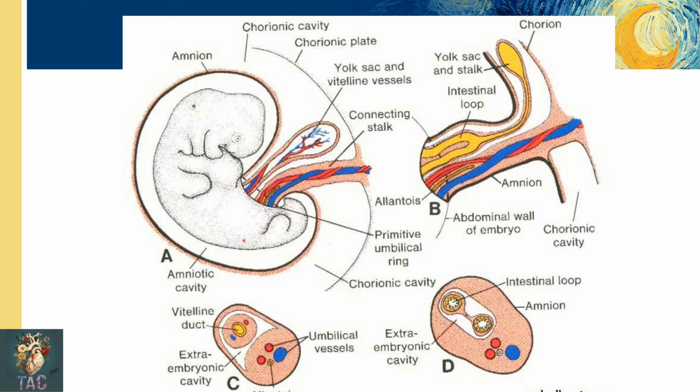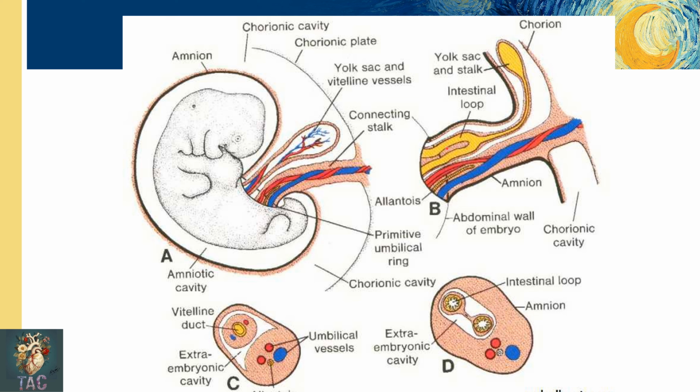In this diagram you can see the fifth week of development, in which you can see the umbilical cord, containing the umbilical vessels and the allantois as well. This is the yolk sac with the vitelline vessels. Also in this cross section you can see the yolk sac and the vitelline vessels, the 2 umbilical veins and arteries, and the urachus, which is the allantois, also present. And in this slide you can also see the intraembryonic and extraembryonic